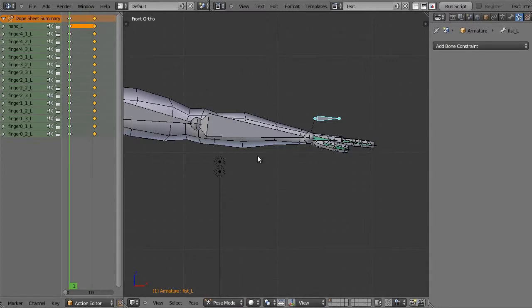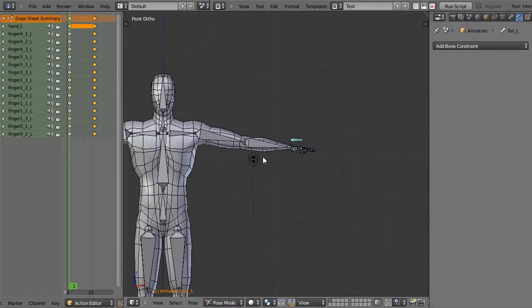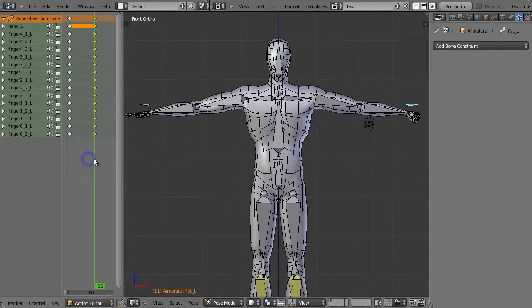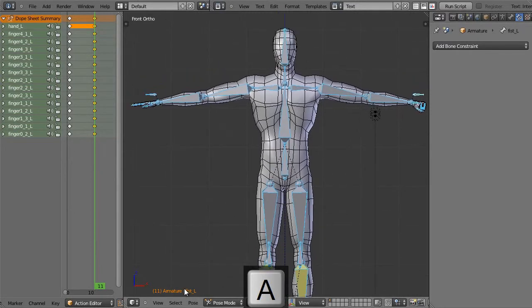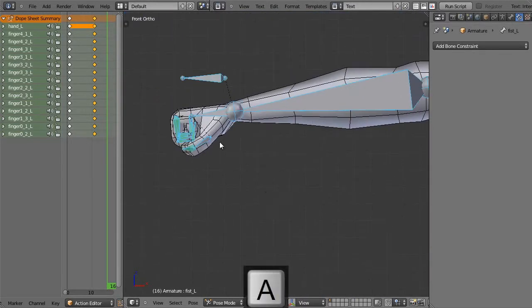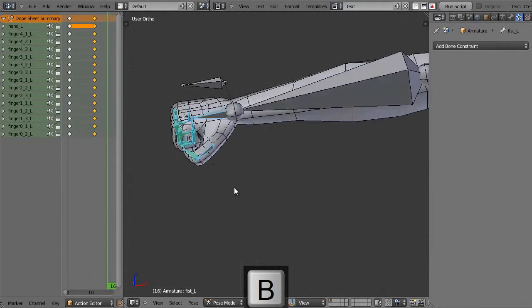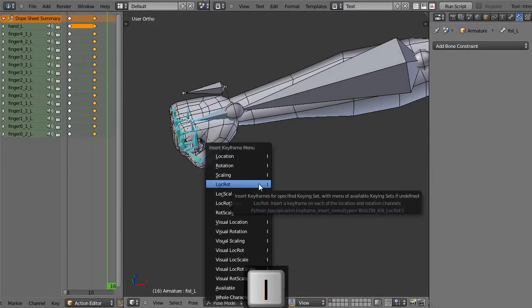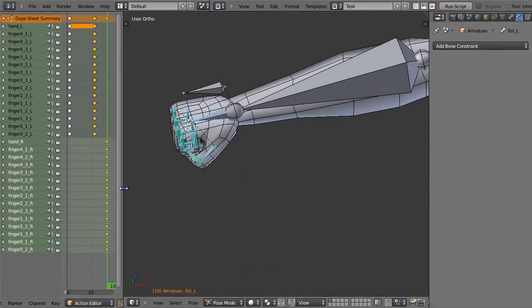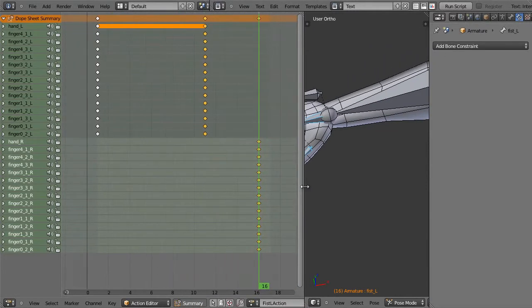There we go. So I'm going to come over here. And then I'm going to select everything. I'm going to say copy pose. I'm just going to move up a little bit. And then I'm going to say paste X flipped pose, and then I'm going to just select these bones and key them, location and rotation, and then